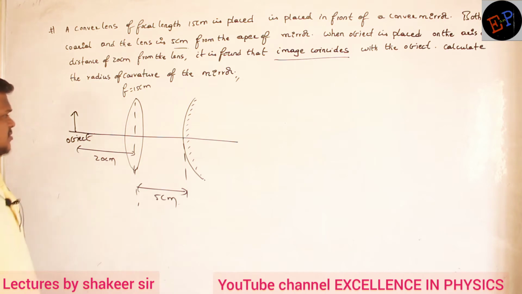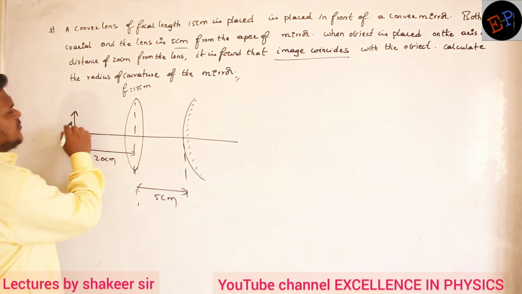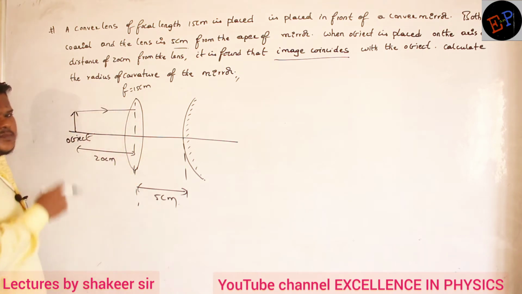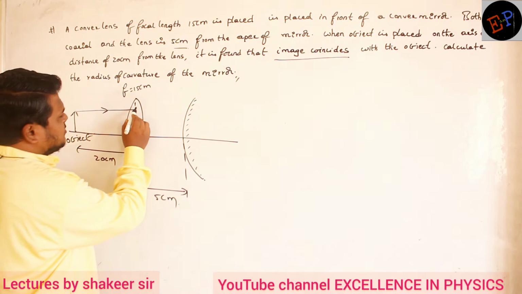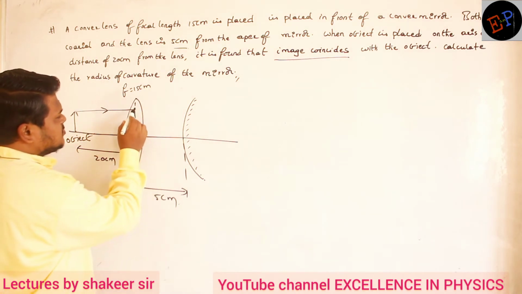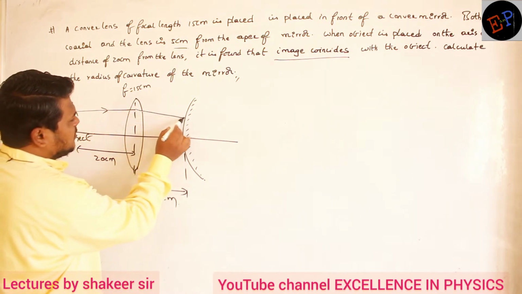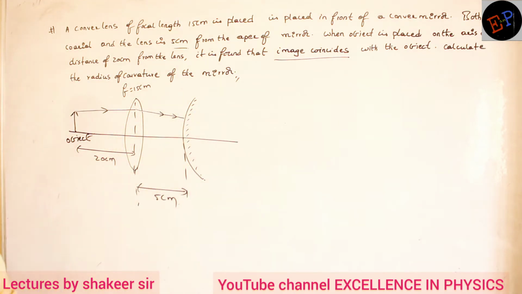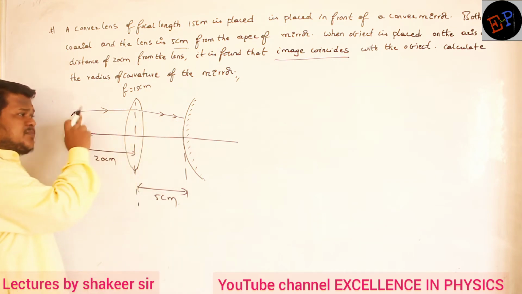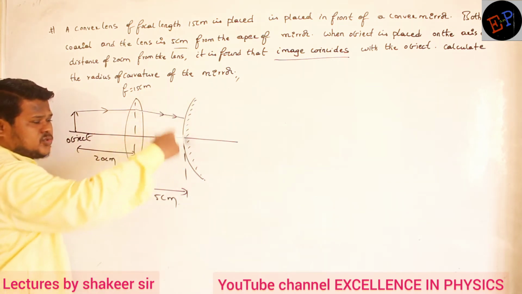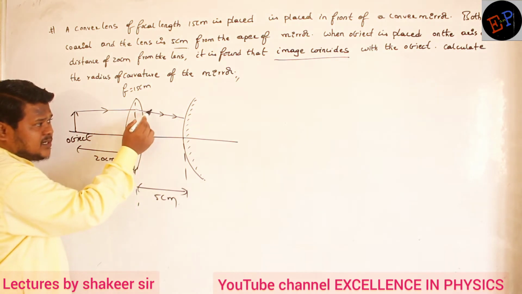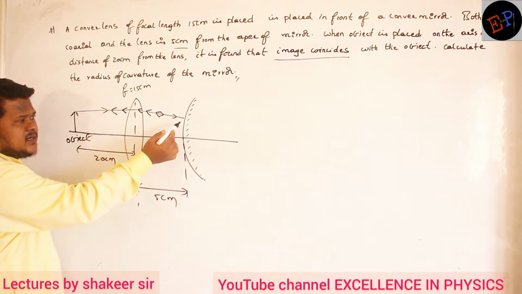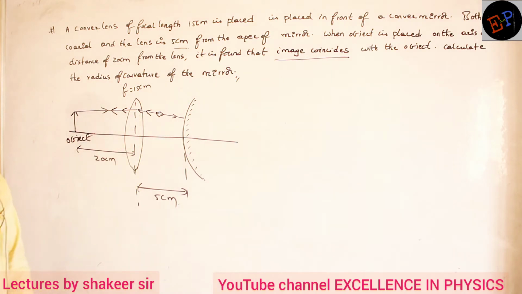Are you able to understand? So let us see what should happen. For example, let us consider that from the top of this object a light ray is traveling like this. This is a converging lens, no? So the light rays will bend towards the normal. The light ray will fall on this mirror. If the image should be created on the object itself, then what should this mirror do? The mirror should reflect the light rays in exactly the same direction, that is at an angle of 180 degrees. It means the light rays should retrace the path.